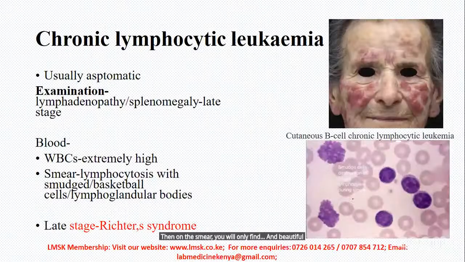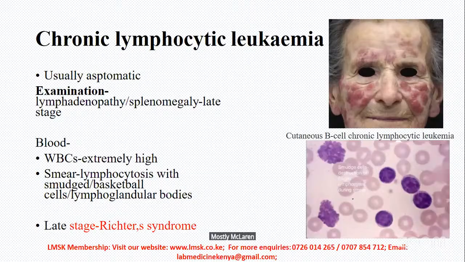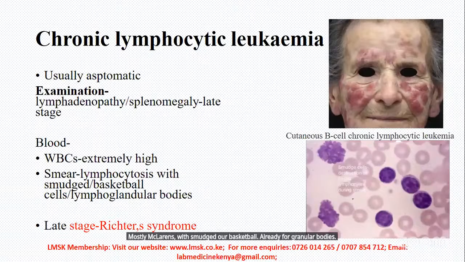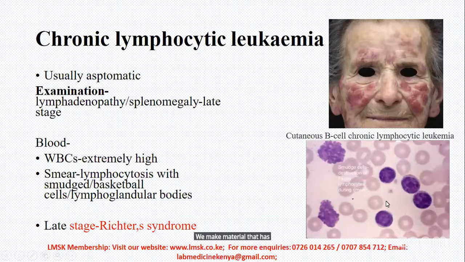Mostly mature ones, with smudged or basket cells or lymphoglandular bodies in the background. I don't know if you are able to see, we have material that has remained after the lymphocytes have degenerated. And usually, when you have many of them, it signifies a condition, most likely an oncological condition or